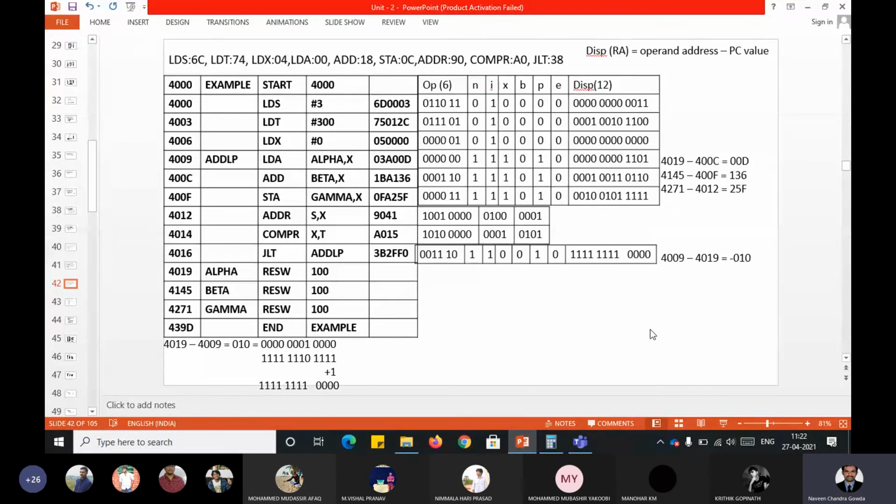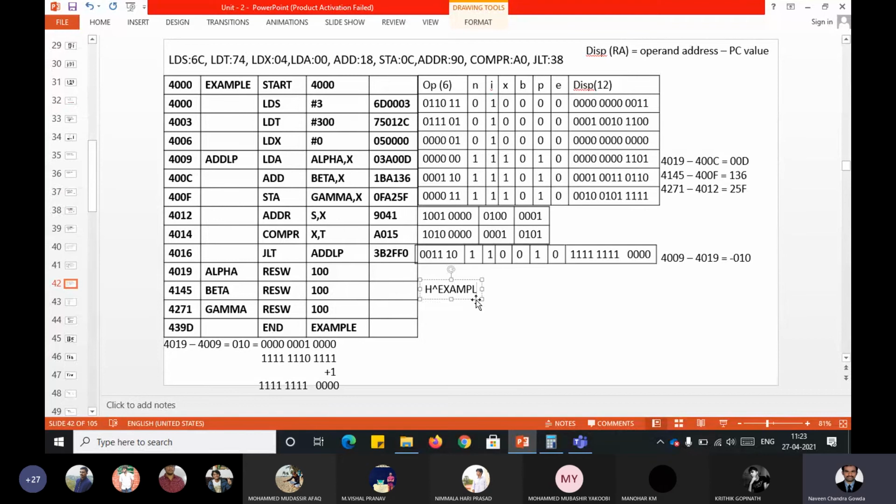Fine then, if you do not have any doubts, I'll take you to the object code, the object program. Let us write the object program right now. As usual, you have H followed by the name of the program. Here the name of the program is EXAMPLE, but how many characters can you write? Only between 2 to 7, so you can only get till L, you can't get E.